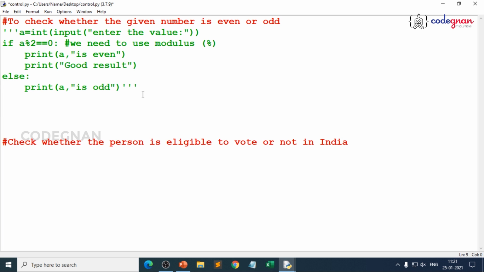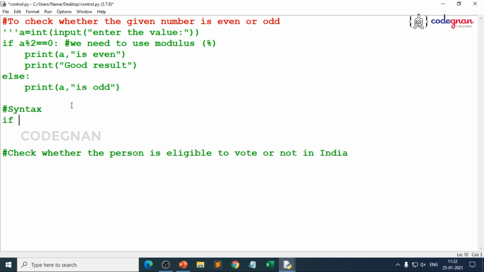Okay, now let's write the syntax for the if elif block. I'll write the syntax directly for elif. For elif you give a test condition or test expression, whatever you call it, it's up to you. The test condition can be a combination of arithmetic, assignment and comparison. You can use anything, right?